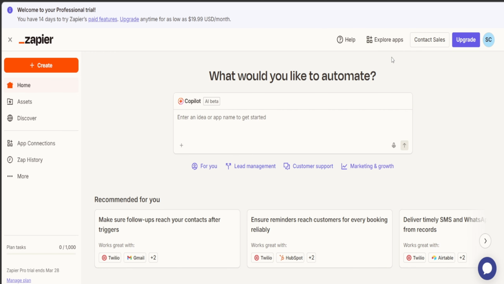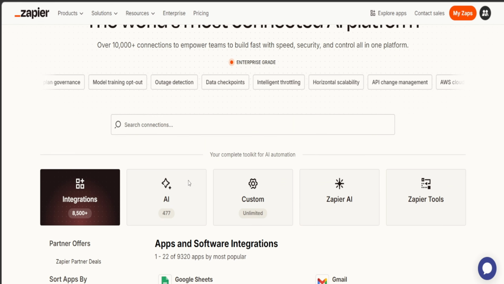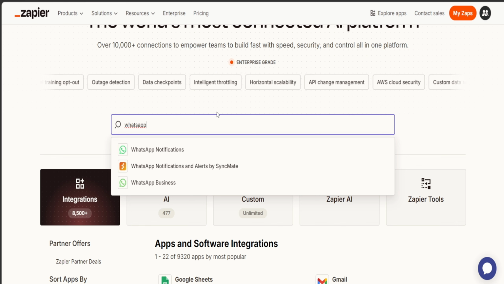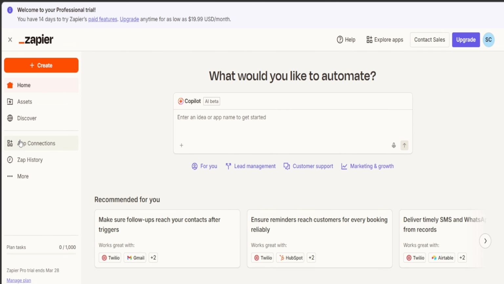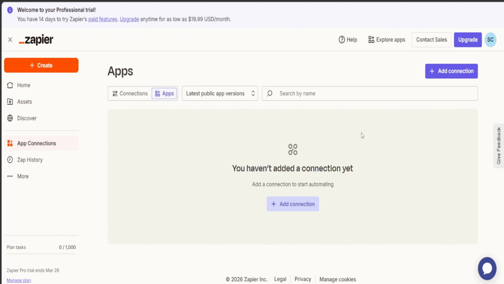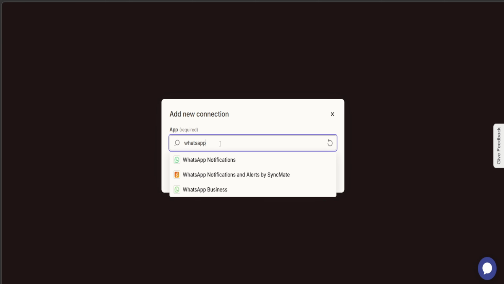So choose whichever you'd like. In our case, we're gonna go with the first, Explore Apps, and then we're gonna search for connections over here and type in WhatsApp. We have WhatsApp notifications and WhatsApp business as our options. If you do press on app connections over here, it's pretty much gonna be the same thing where you press on add connection and then search for an app, and once you search for WhatsApp, you'll have three options: